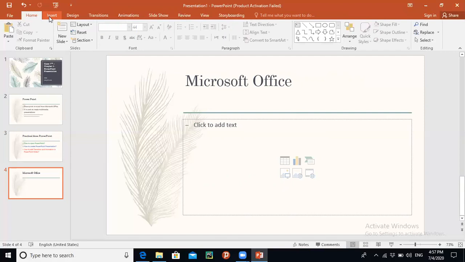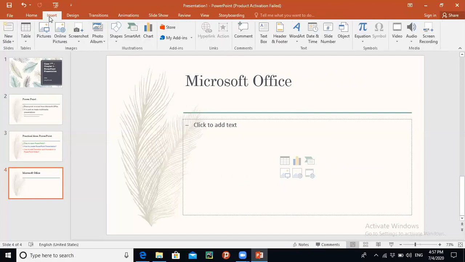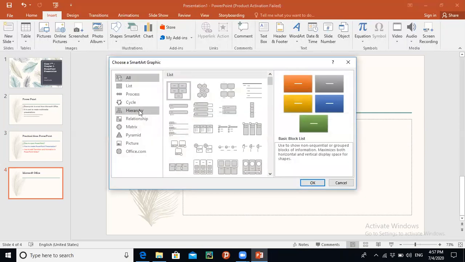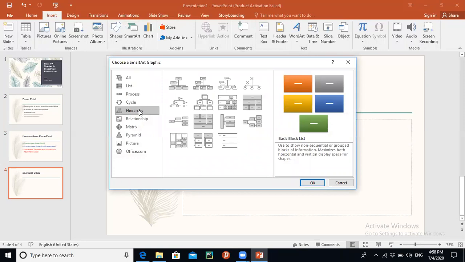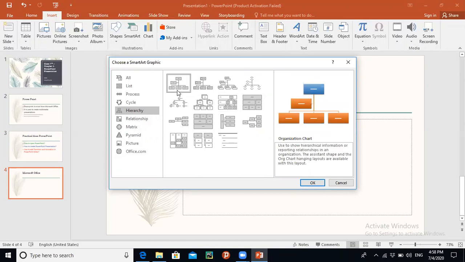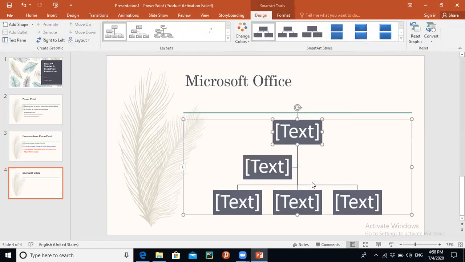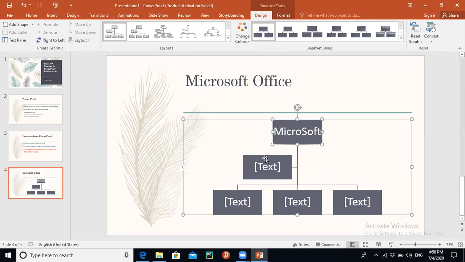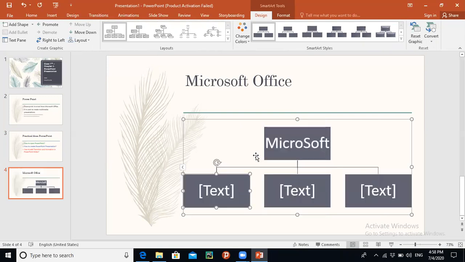First of all, I'm going to click on this Insert button. Over here, you can see the option SmartArt. In SmartArt, I am going to select this hierarchy. Okay, now I'm going to add the different programs that are available in Microsoft Office. So simply in the first text box, write Microsoft. I do not need this text box. Simply select the text box and press the delete key on your keyboard. It is deleted. MS Word,